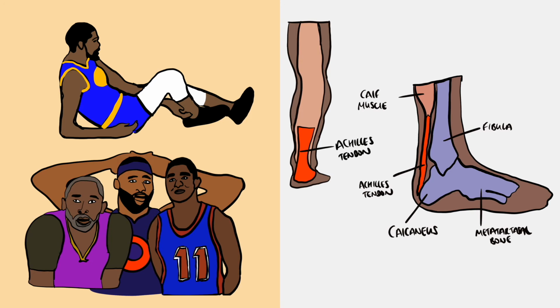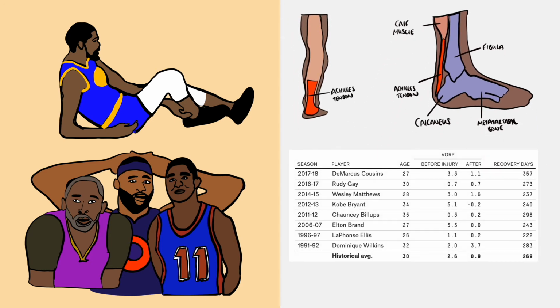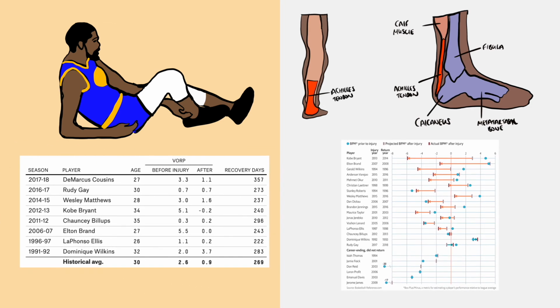Just look at players such as DeMarcus Cousins, who prior to their injury was regarded as one of the best centers in the league, but post-injury for the Warriors, he's only able to fill a diminished role, nowhere near his dominating play for his previous teams. An interesting table from ESPN shows that the odds are stacked up against KD to return back to his former MVP ways. Research done by basketballreference.com alongside ESPN used a stat called VORP, the value over a replacement player, which